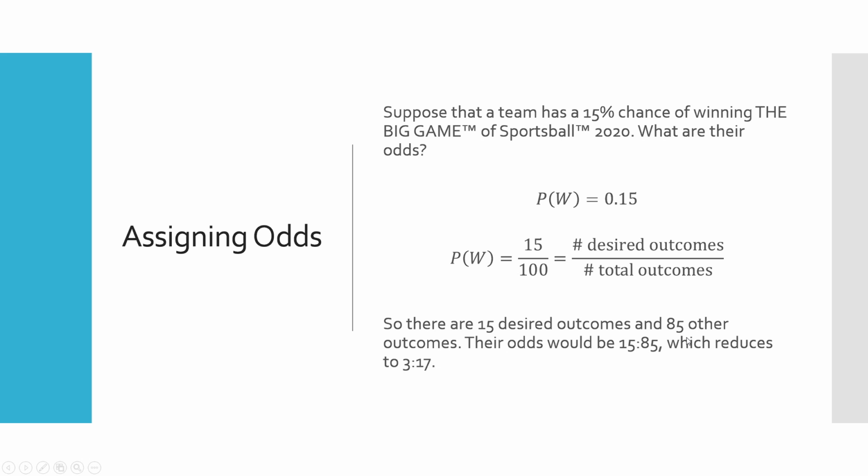So my odds would be 15 to 85, which I guess I could divide everything by 5 just to make the ratio a little easier on the eyes, and I would call 3 to 17. Meaning if you bet $3 that this team would win and they actually did, you would get $17. That's how that goes down. You're like, oh, wow, that's a good return on investment. Well, true, but these betting odds are never really super duper in favor of you.